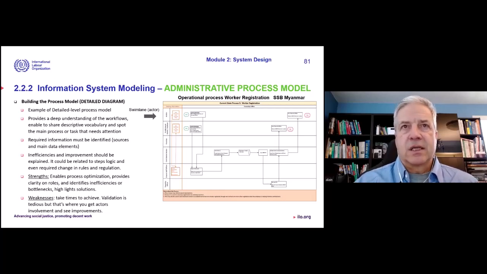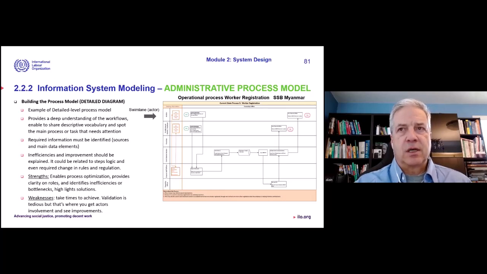So that's what you do with an administrative process. You identify the tasks, you identify the intervenants, the departments or the specific roles, who's doing what, in which sequence. And then you can see what's good, and it becomes obvious when you see this kind of diagram what's working and what's not working.